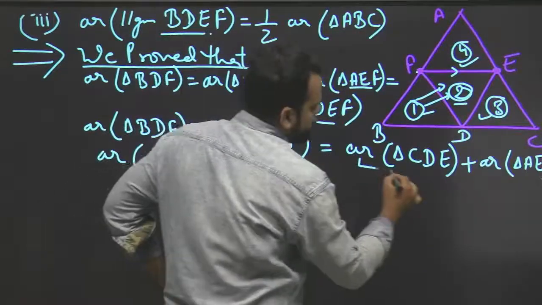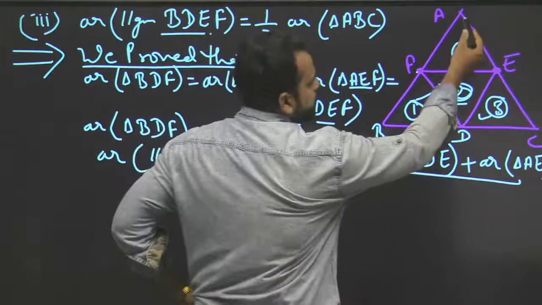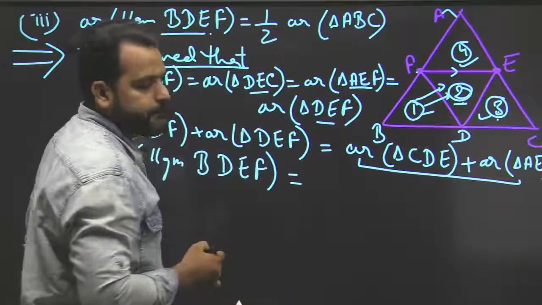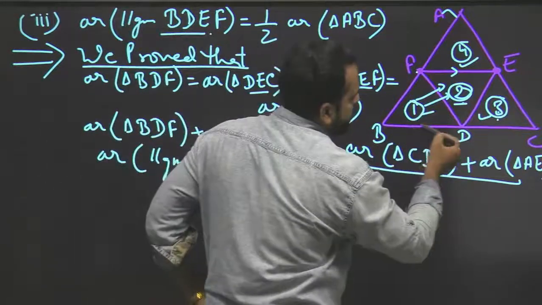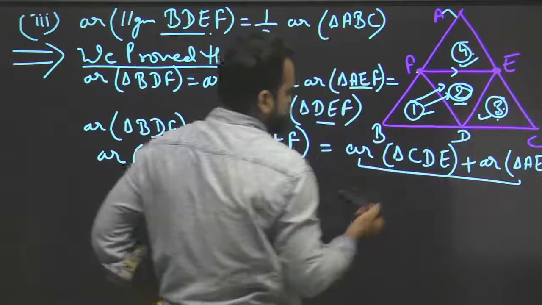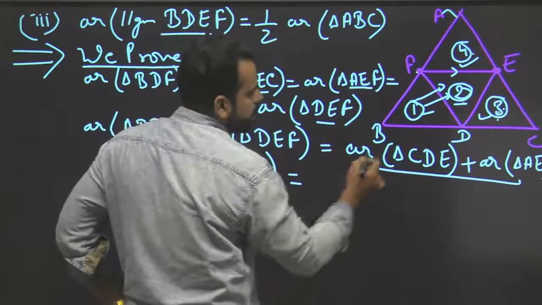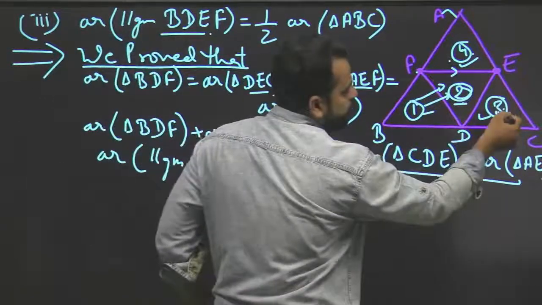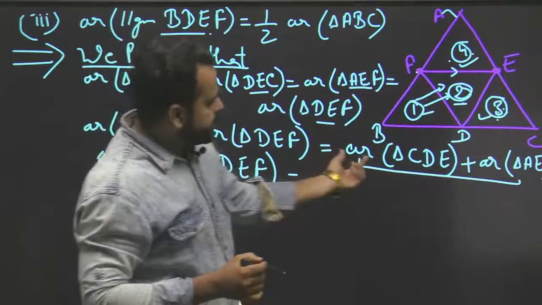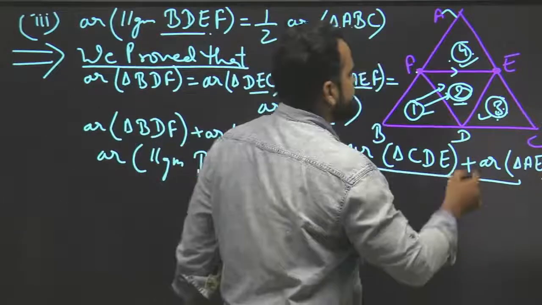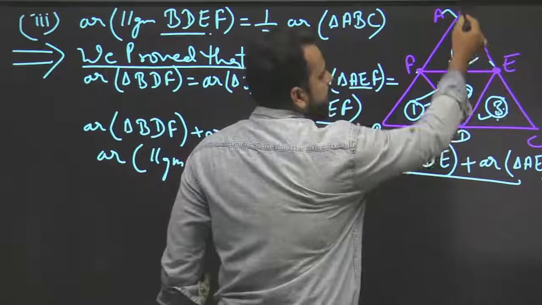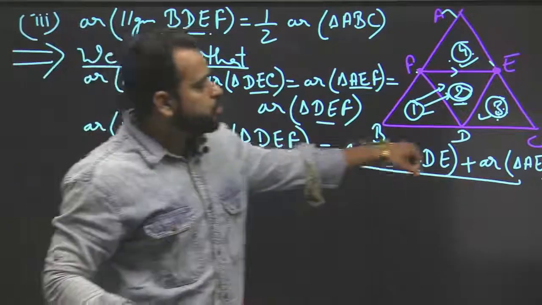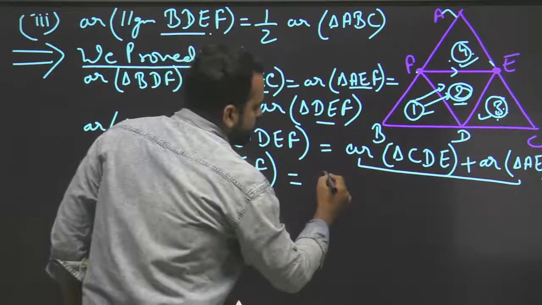So instead of these two, can we write the sum of these two as well, because this triangle is also equal to this one, right? So if the sum of these two triangles is equal to the sum of these two triangles, then if we are comparing it with the full triangle ABC, it will be one half of the triangle ABC. Look at this, CDE and AEF. CED is this one and AEF is this one. So triangles 3 and 4, the sum of these two triangles is equal to exactly,